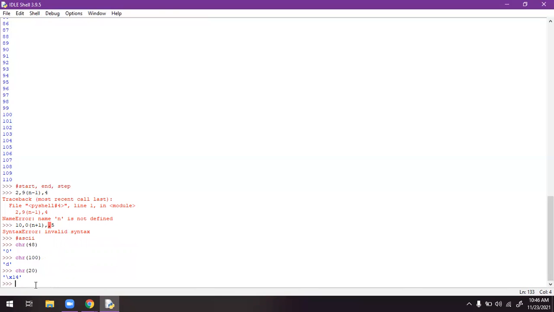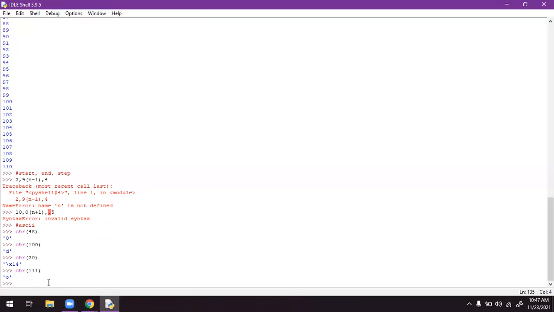What happens here is, while entering your character value, say suppose the value is 111, it is automatically converted into 7-digit binary format, and then it looks into the ASCII table and returns the value. It may be a string or a symbol, whatever it may be, it will be printed as output. It is called the character value.